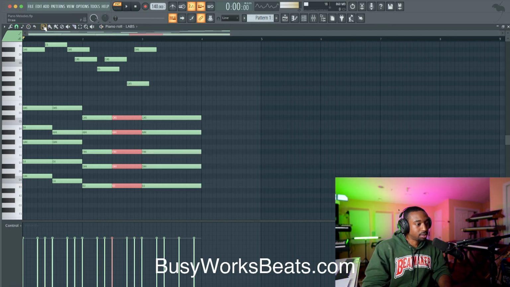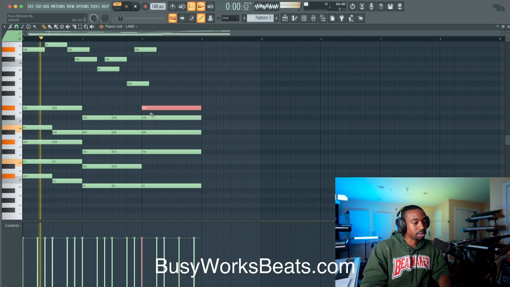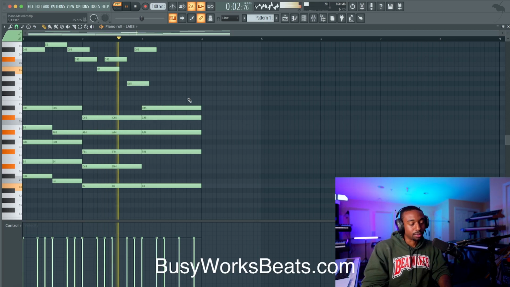And then my ear wants to hear this note, which is D sharp. Let's see if we have a D sharp in the chord. We do. So instead of adding a new chord, let's just pull this note up an octave.